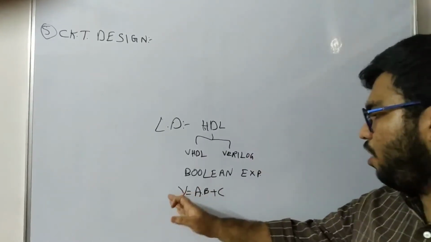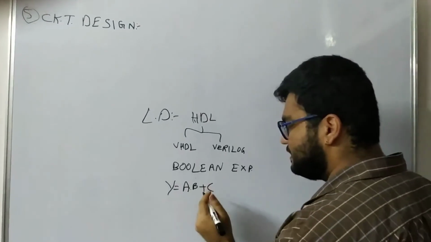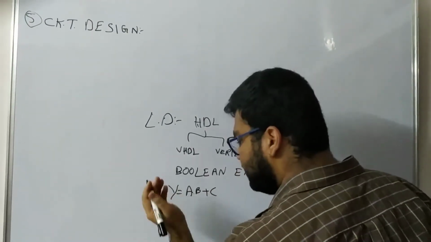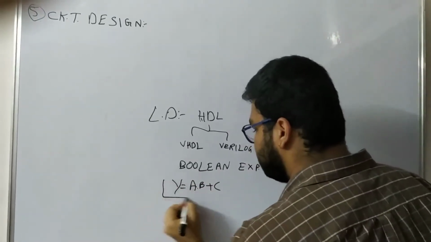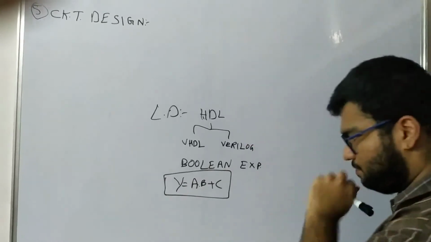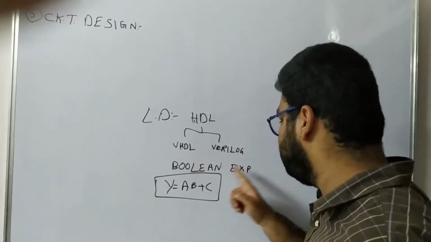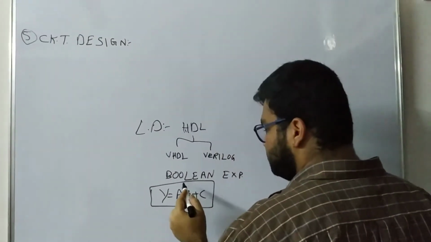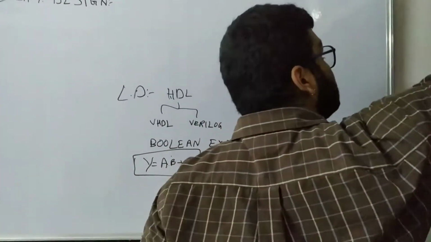Representing output in terms of input by using these symbols, which tell us the logic. These are nothing but called logical symbols. That is, representing output in terms of input by using logical symbols is nothing but a Boolean expression. This is the fourth step. That is, the outcome of the fourth step is a Boolean expression. So the fifth step is converting this Boolean expression into a circuit representation.